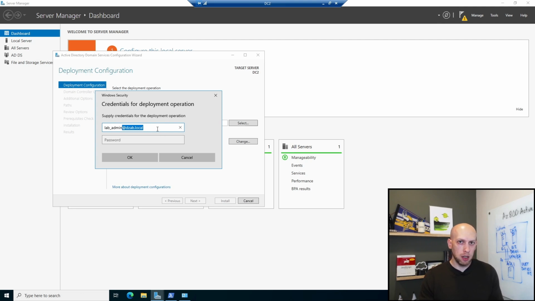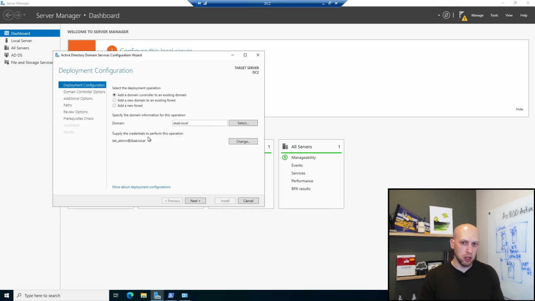This looks like an email address, but this is called the user principal name. This is a different format, but will also work exactly the same for logging into a domain. The reason you might want to get used to using a user principal name instead is it's a more modern username format. Both work. But if you start interacting with your Entra Active Directory environment and you have users synced, which we'll talk about later on in the exam content, you're going to log in using your user principal name